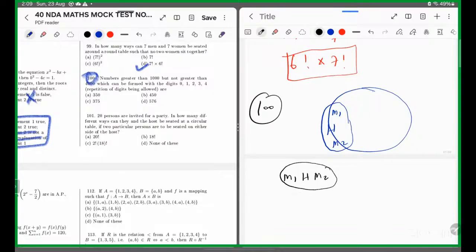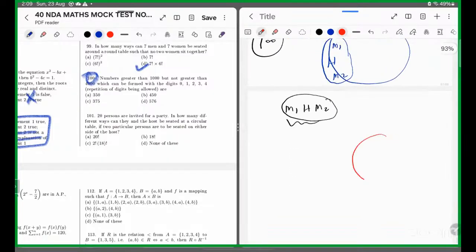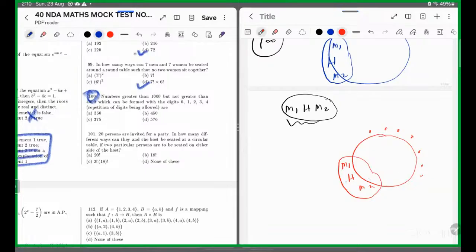तो टोटल बंदे कितने थे पहले? 20। अभी हमने 3 बंदों को एक ही मान लिया, तो अभी कितने बंदे हो गए टोटल? 18। बराबर है ना? और अंदर में इनका अरेंजमेंट हो सकता है बस। बाकी बंदे तो वैसे ही रखे हैं, होस्ट M1 और M2 को हमने एक यूनिट माना। टोटल बंदे 20 थे, तीनों को एक माना, तो अभी 18। बस। और अंदर इन दोनों का अरेंजमेंट कर सकते हैं क्या हम? इन दोनों का अरेंजमेंट कर सकते हैं, तो वो आएगा 2 फैक्टोरियल।